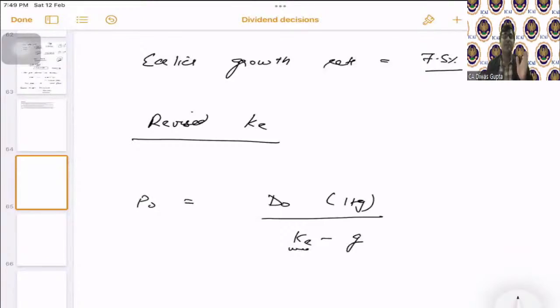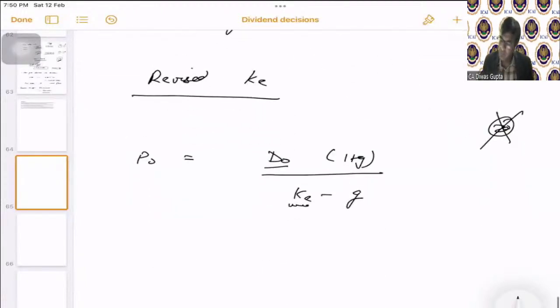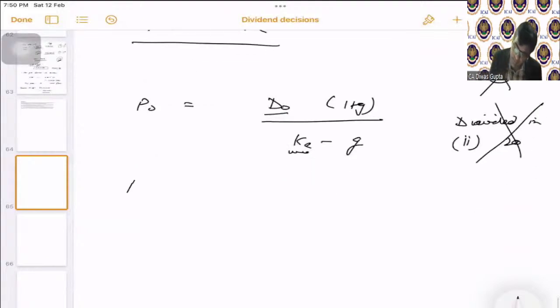But there is a very big mistake, students, we will make if we put growth rate directly as 7.5% and take the dividend also as 20. This is wrong. Why? Because the question explicitly says that they have changed the retention ratio. Now, the moment they do it, we cannot assume that the dividend in the second part will also be 20. This is a wrong assumption. So we have to calculate what is the revised